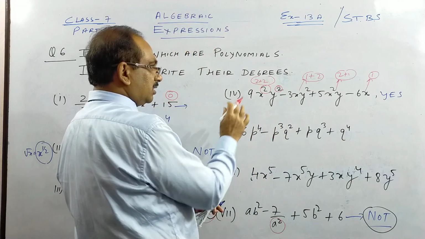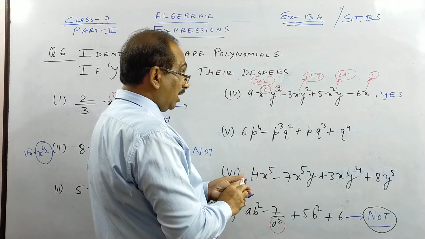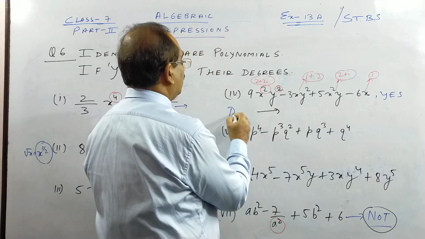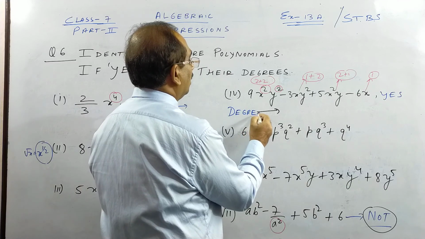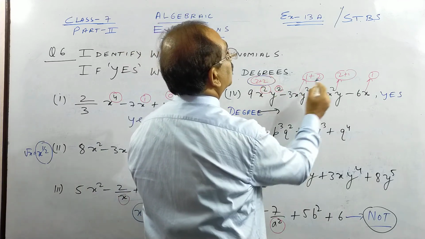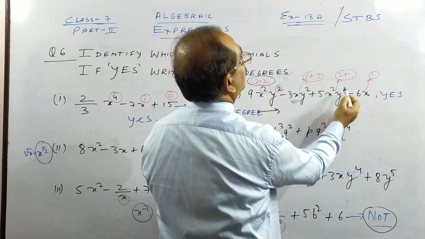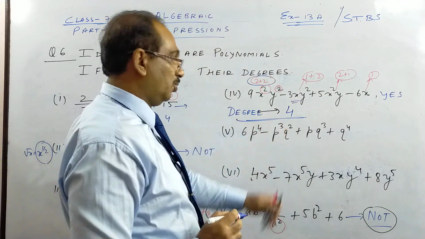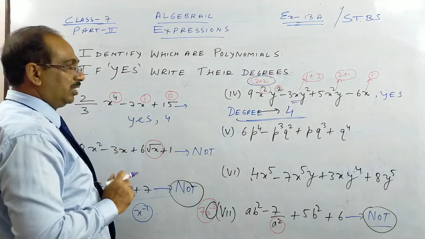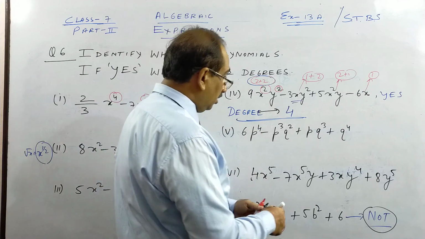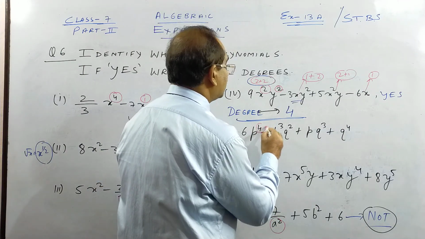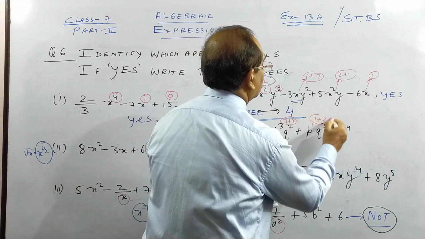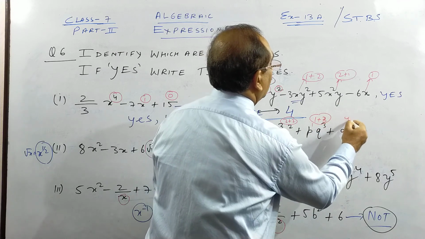So out of this sum of the power, you have to take the highest power. So I have got 2 plus 2. So your degree, I told you, is the highest sum of power. So this is 3 here, 1 plus 2, this is 2 plus 1, 3. So this is 4, 2 plus 2, 4. So this is a polynomial of degree 4. This was also a polynomial of degree 4. Now see over here. Power of this is 4, this is 3 plus 2, this is 1 plus 3. So 1 plus 3 is 4 and this is 4.